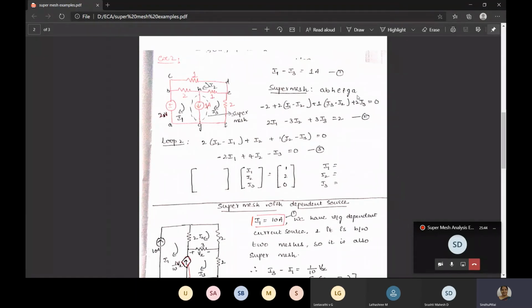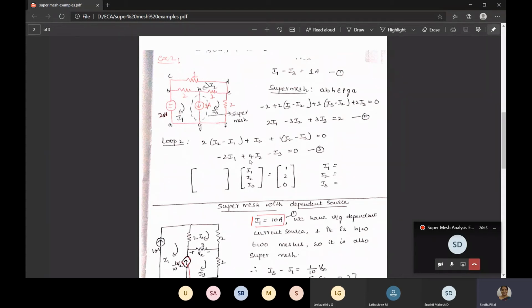So we have 3 unknowns and 3 equations. Write the coefficients of the equations. Okay, I1, I2, I3 have to be written here. In the first equation we have I1 as 1 and we don't have I2. If you don't have I2, you have to write it as 0. I have not written it, I have just put the bracket. You have to complete it and find the answer. So the first row will be 1, 0 and minus 1. We don't have I2. Whenever there is no current, just put 0.